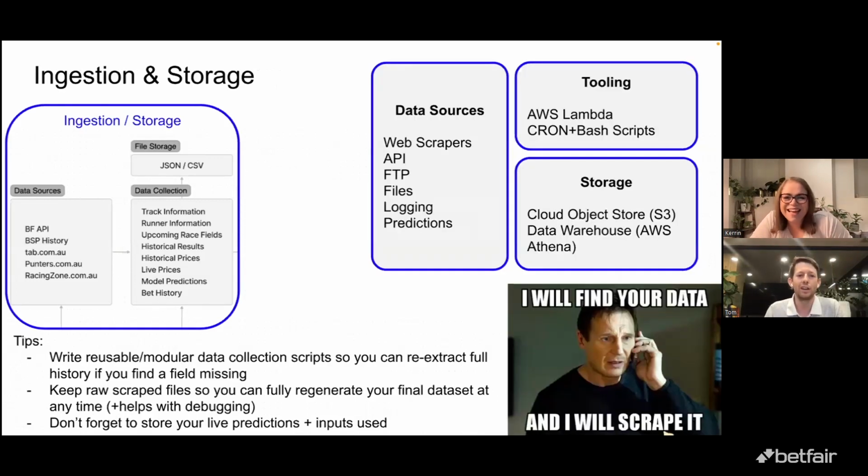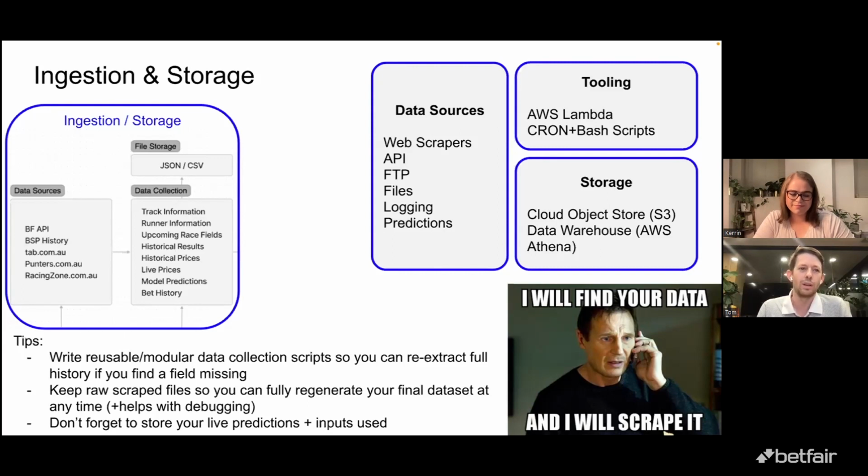Yeah, so what kind of data sources do you have? Pretty much web scraping, right? This is what we all do. This is where it all comes from. And much of the stuff is coming from scripts and things like that. It's pretty hacky, dirty stuff. But my tips around the ingestion and the storage would be, they're there, but definitely